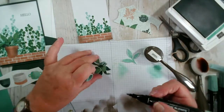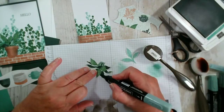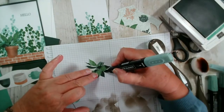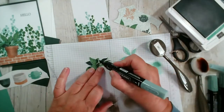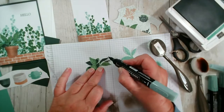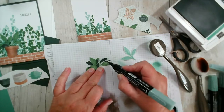So there's lots of different things you can do, which means you don't have to be as accurate with your fussy cutting, because you can cover a lot of that up. I know some people would go really close to those edges, but if you're like me and there's only so much fussy cutting you're prepared to do,